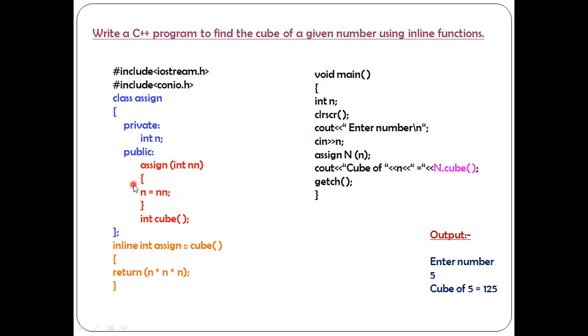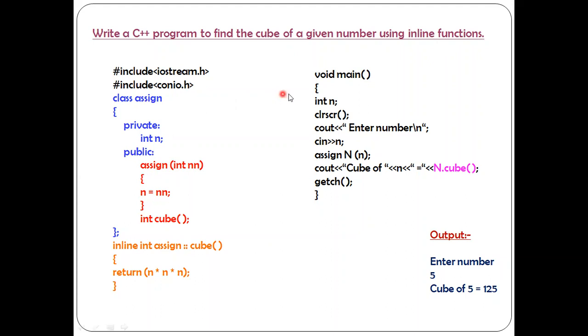As you are all aware, a constructor is a special member function of a class that is executed whenever an object of that class is created. There are three different types of constructor we will come across: default constructor, parameterized constructor, and copy constructor. Here we have made use of a parameterized constructor, which means a constructor that accepts one or more arguments. Some data members are declared here. What is the name of the class? The class name is assign.